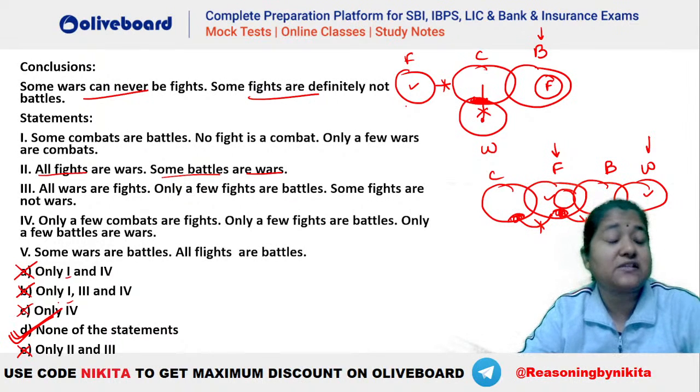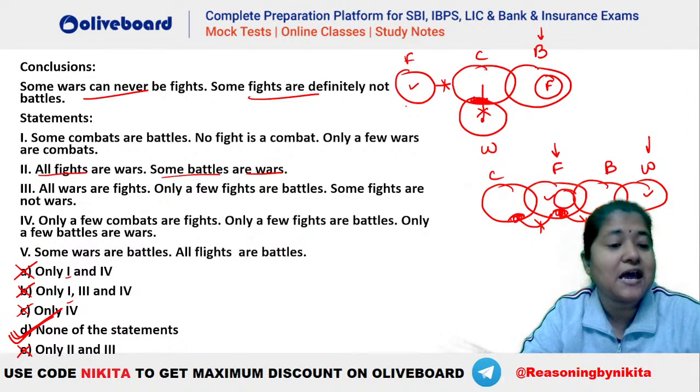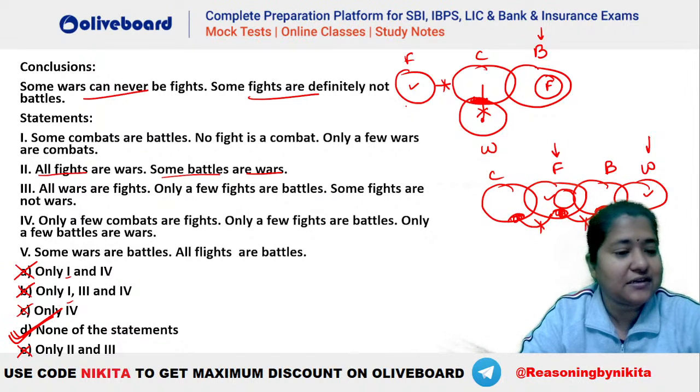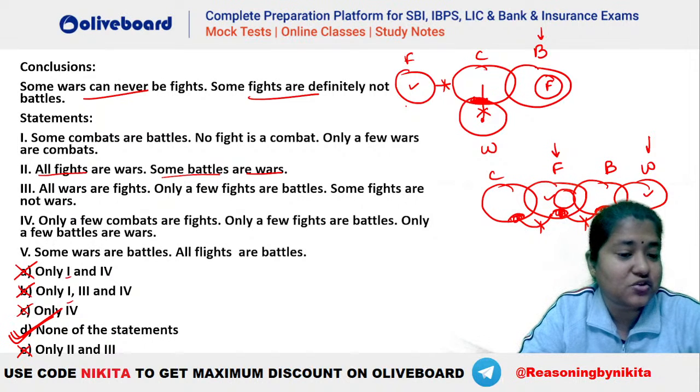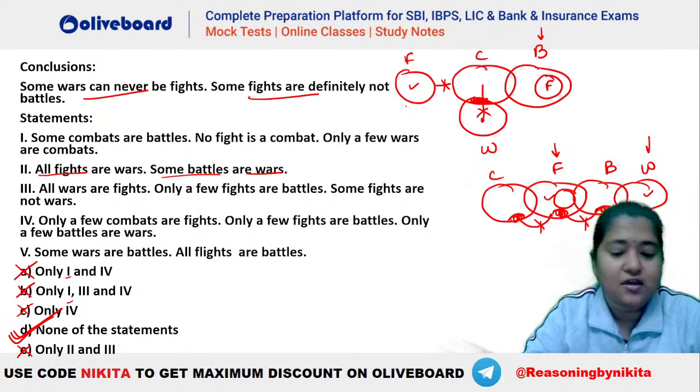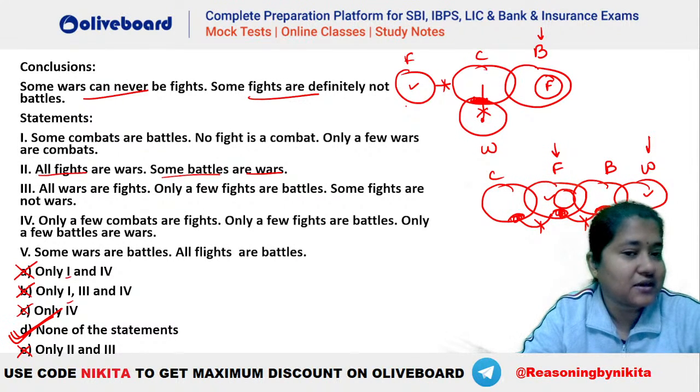Okay, so if none of the statements is also one of the options, please completely check all the options. It is not that the remaining one has to be the answer. There can be a possibility that it is not able to give any answer here. So none of the statements was also there. We had to check for option number 4 also. Isn't it, Ankita? Okay, so let's try another question.